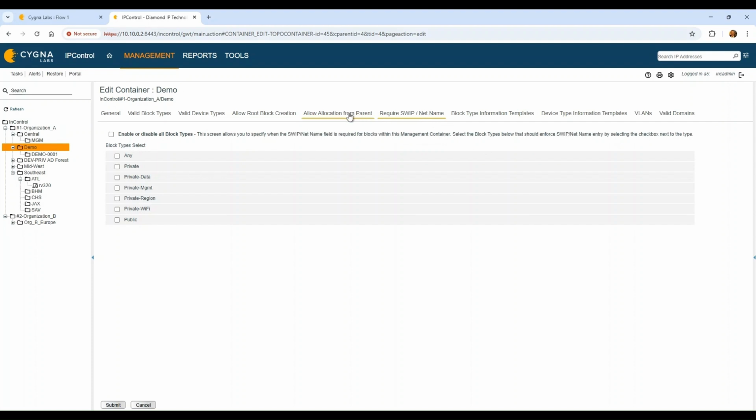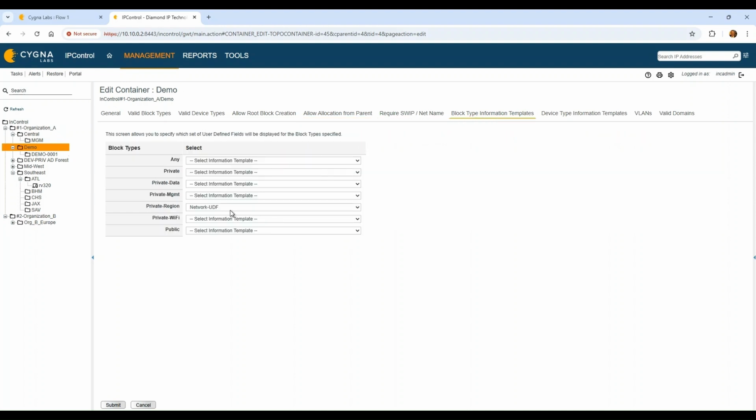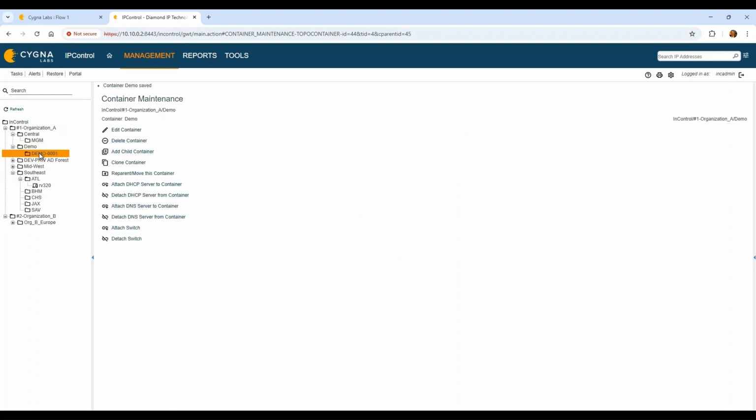And when I go down to the network, and I'm going to do this anyway, which will allow for private. So we're going to allow for private, I'm sorry, we're not going to allow for root here. We're going to have it go up and look for private, because that's what should be defined at the organization level. Okay, and then our block type information templates, this is a network level, so it's only UDF, and we'll submit it. Then we're going to have our demo